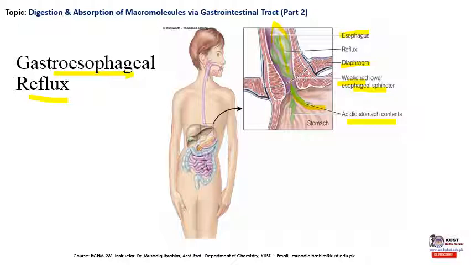So this happens when a person is taking very acidic food in his or her diet, and as a result of that, the acidity is being created in the stomach, and then the